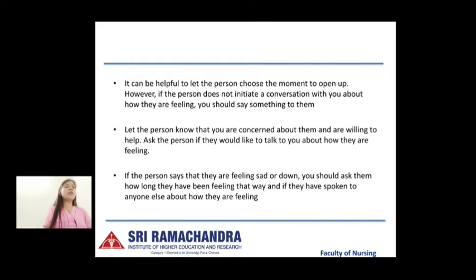For example, when the person is having problems, like in education, let's say he is not scoring good marks and so he or she is feeling down, or maybe love affairs, or problems in job like demotion, promotion. In that case we have to give